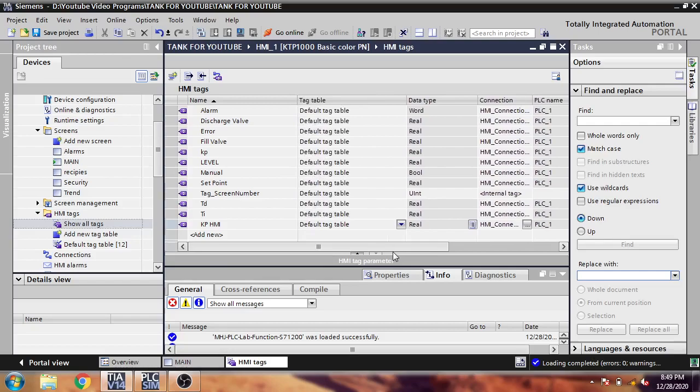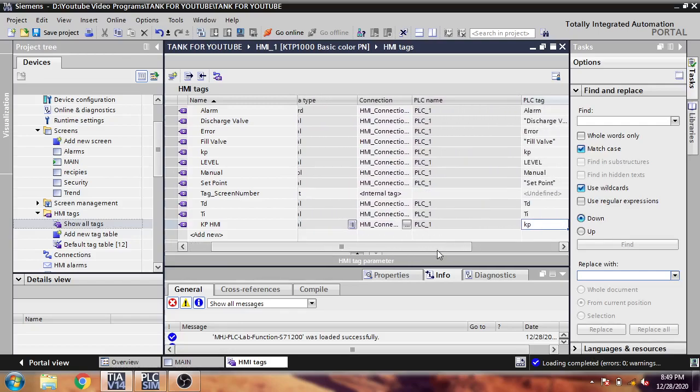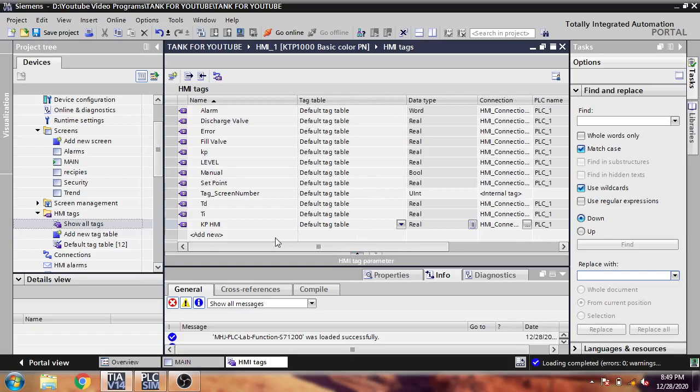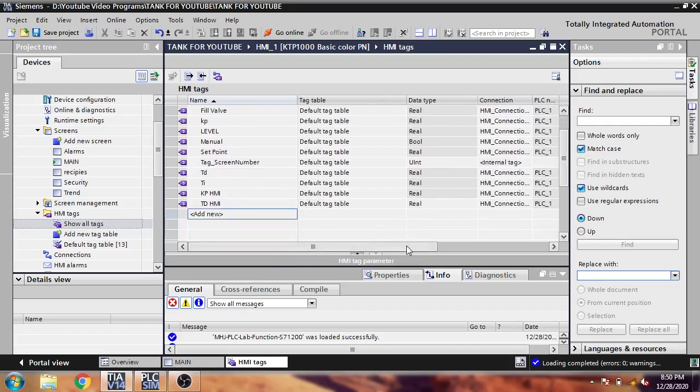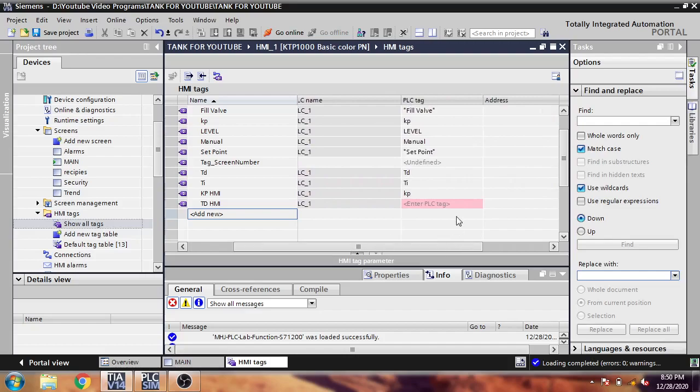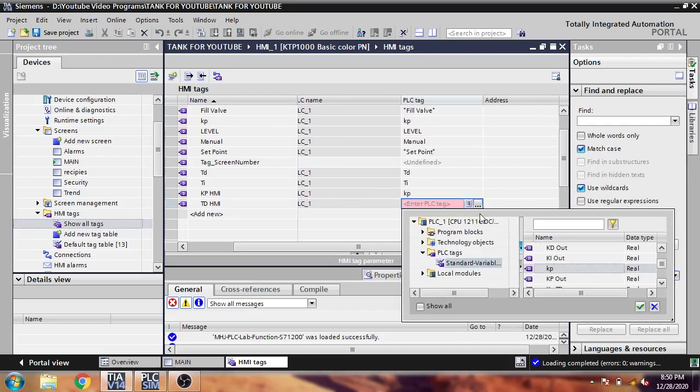Now you will see that tag is created, KPHMI, and I need to create another one, and I'm going to name it TDHMI, and it needs to be directly connected with our TD, you will see where is our TD here.